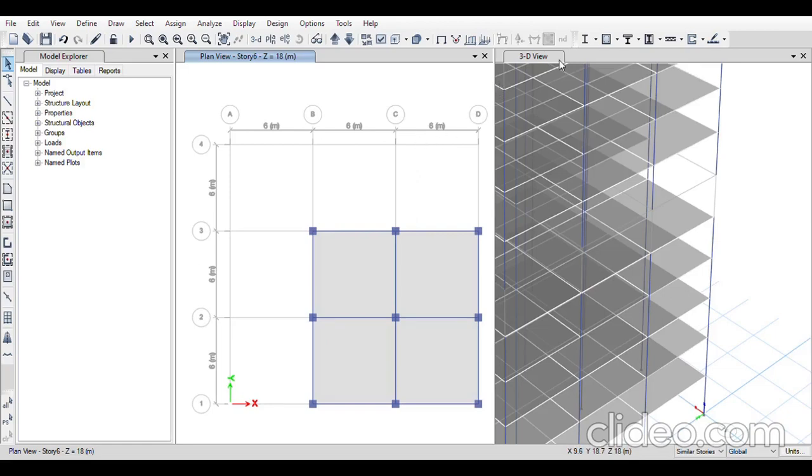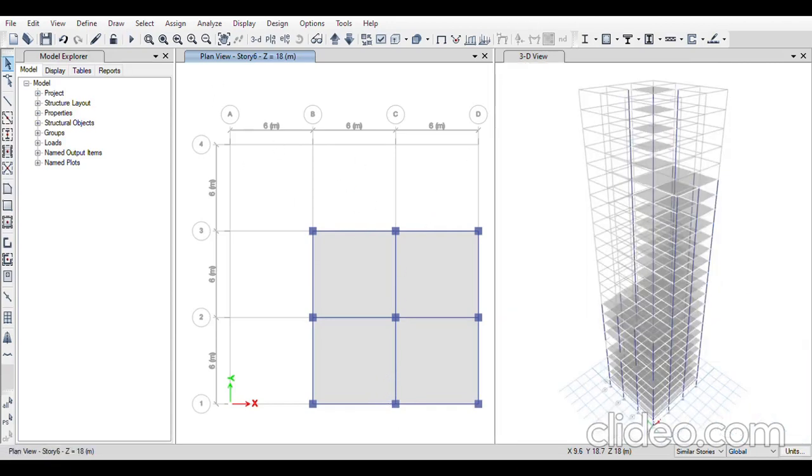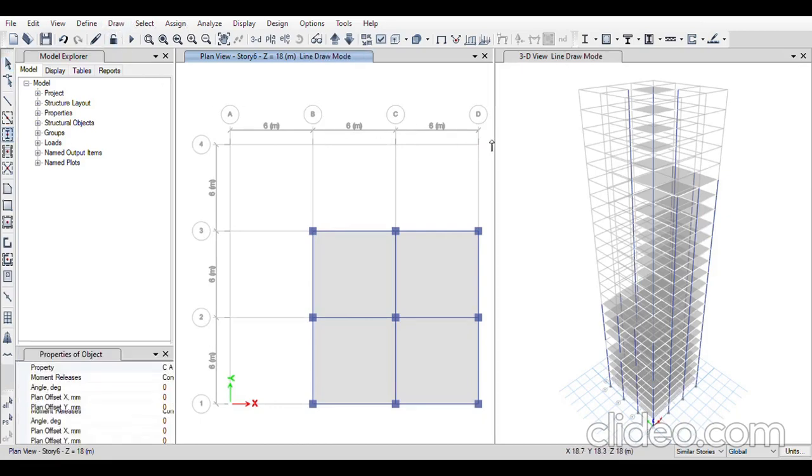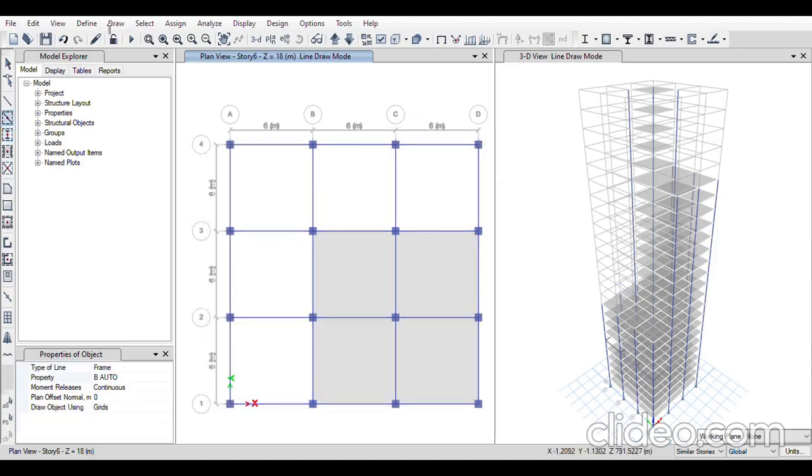I'll take modify, in which story height is being wrong. I'll click OK. I'll take refresh view. Click OK. And I'll make the changes. I'll go to draw. Draw object. I'll draw the remaining columns. I'll draw the beam. Now I'll draw the slab.